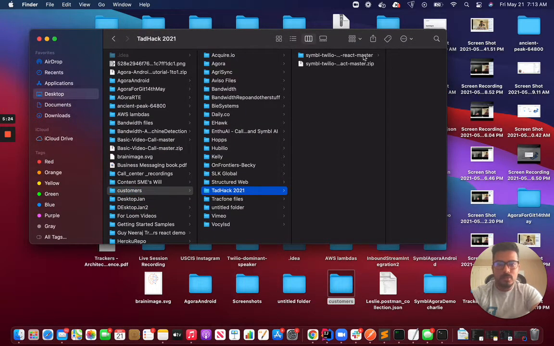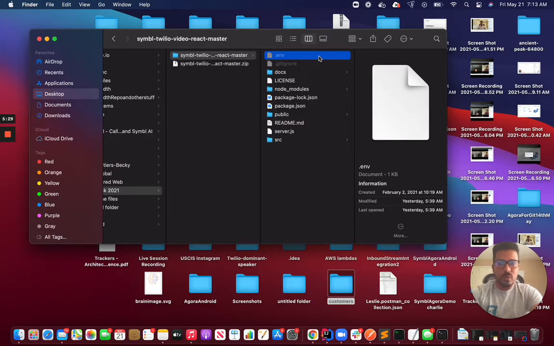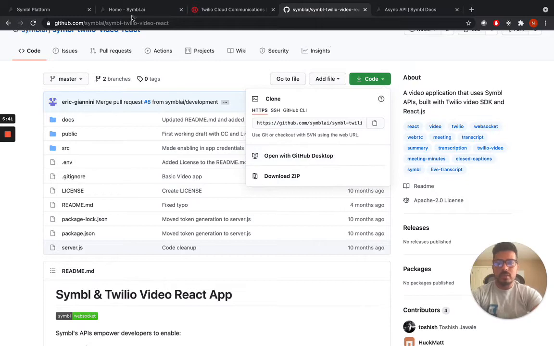Okay, so here's that particular folder, and this is the file I'm talking about. Just go to this .env file, and when you land here, you'll need two things, as we talked about. First is Symbl's credentials, and second is Twilio's credentials. So for Symbl's credentials, what you need to do is go to